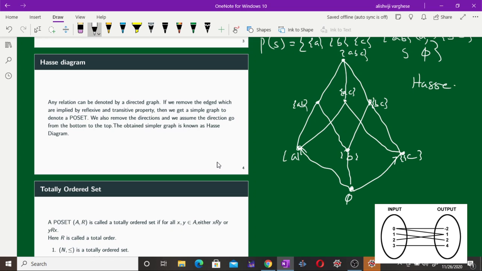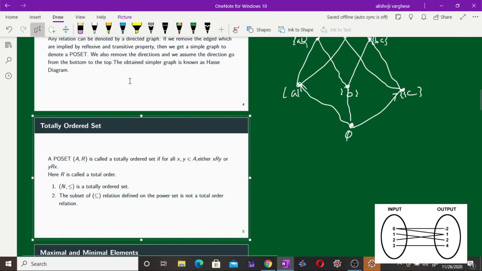diagram, and this is a simple method to represent a partial order relation when the underlying set is a finite set. If you have an infinite set, drawing a Hasse diagram is not the simplest way to represent a partial order relation. Now,